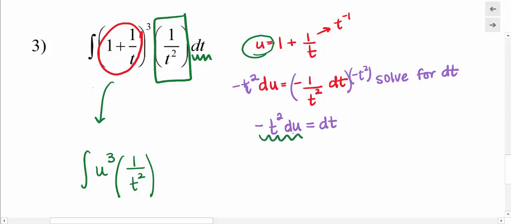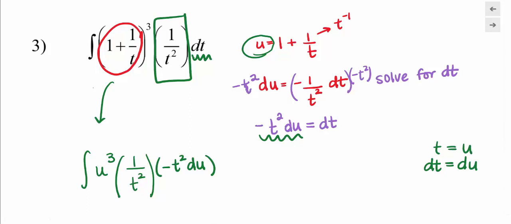Well, dt I found to be a negative t squared du. So it is very important that you don't just turn dt into du. If that was the case and you're just doing an exchange, dt for du, then that meant in the beginning t must have been u, so why are you even using substitution? All you're doing is changing your variables. You're not really helping yourself out at all. So it's very important that you actually find the function that is represented by dt or dx or dm, whatever